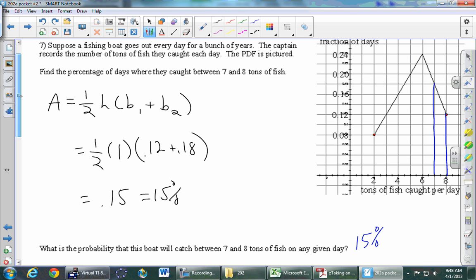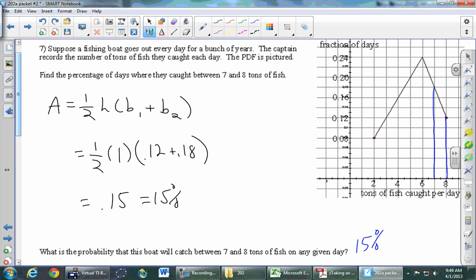Let's look at this picture right here and imagine we're going to start a new graph right here at 2. What's the probability that we catch less than 2 tons of fish on a given day? None. We never catch less than 2. So I'm going to start drawing a graph down here which says that none of the time do we catch less than 2. So that none of the time represents 0%. It's right there on the axis. But then we start to pick up and we start to catch some fish. So between 2 and 3,